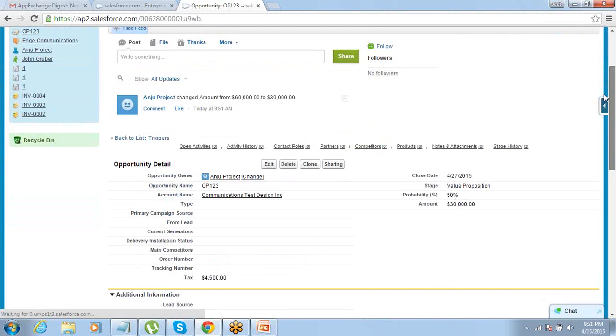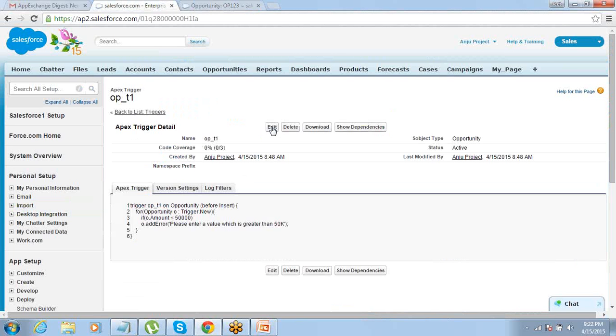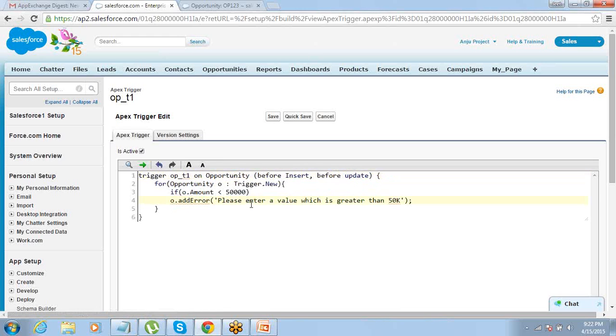Now this is not ideally the correct solution. Your end users can still save the record with a greater value, come back and change it to the lower values, right? So what should we do? What is the best way of doing that? Yes, the best way is to put a comma and write before update also, so that you are checking this on the update operation. Before the update happens, you are checking it on that update operation as well. That's it.